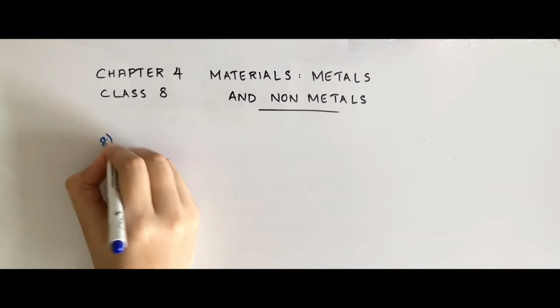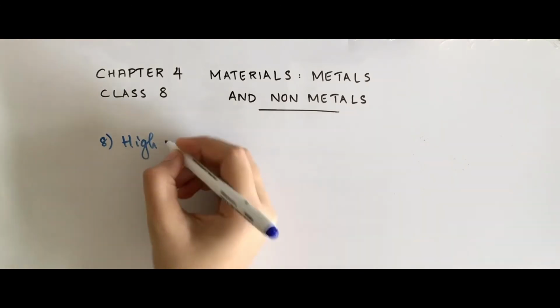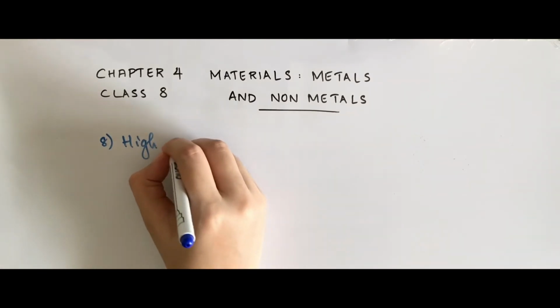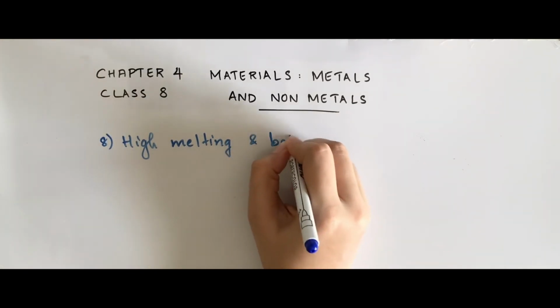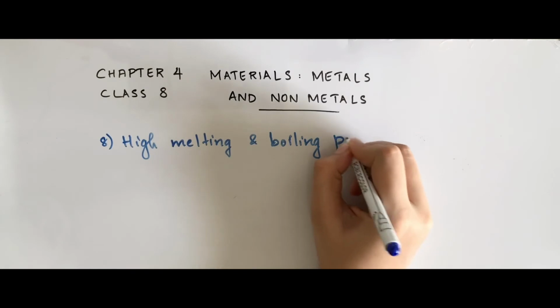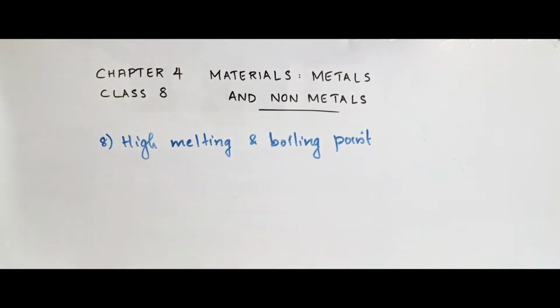The next property is high melting and boiling point. Most of the metals have a high melting and boiling point. The metals which are solid in nature always have a high melting and boiling point because they are closely packed and have high attraction. Here also there are exceptions, for example sodium,